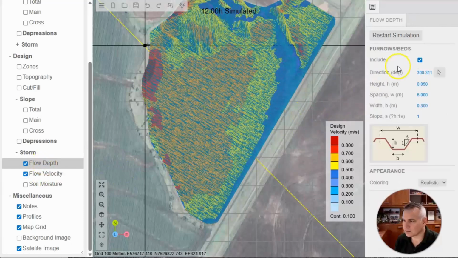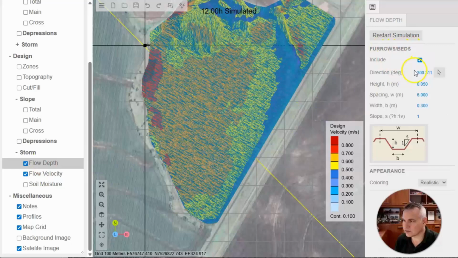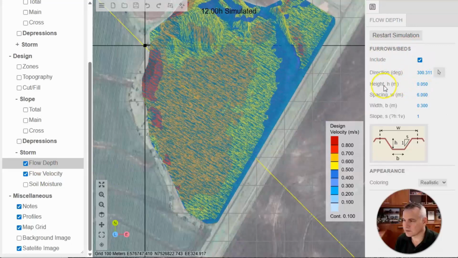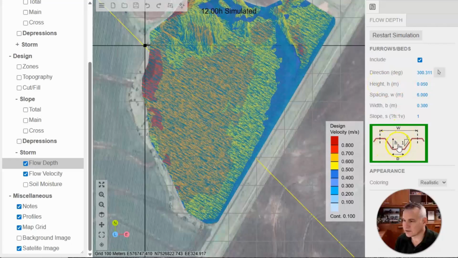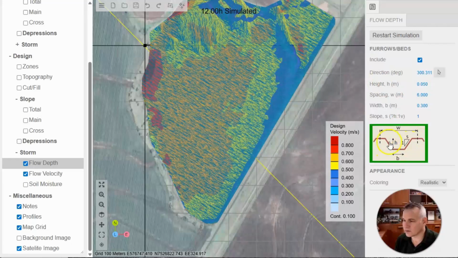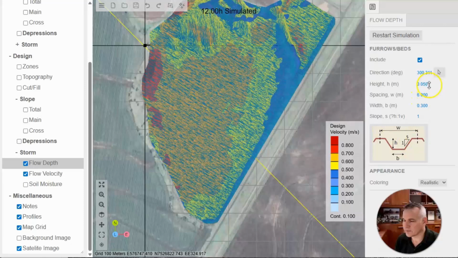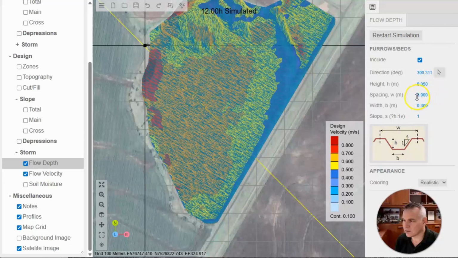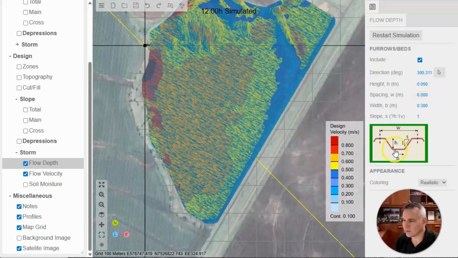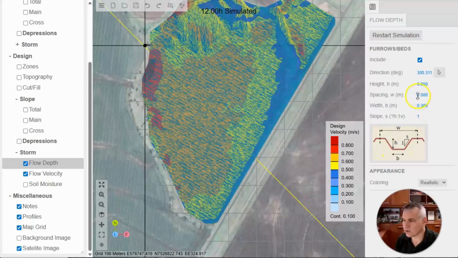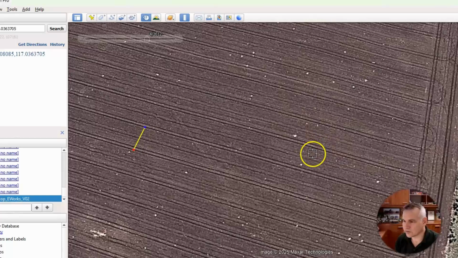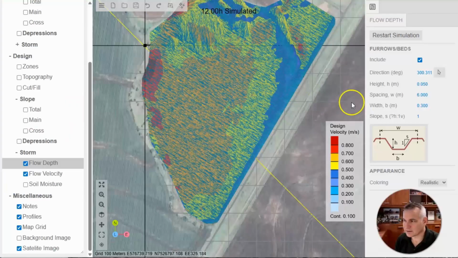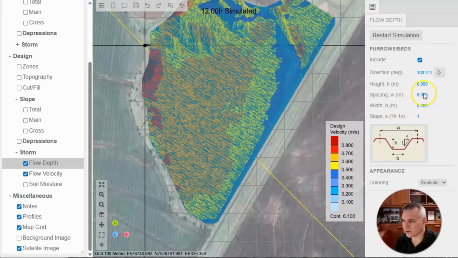So if we look here, I've got furrows and beds turned on, and I'm representing those wheel tracks as a shallow furrow, only 50 millimeters high, and that wheel track is 0.3 of a meter wide every 6 meters. There's actually 2 wheel tracks every 12 meters, but we've represented that as 1 wheel track every 6 meters here,